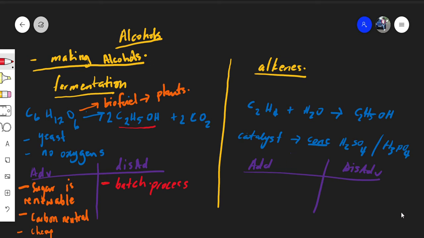Right. So, of using sugar for this process. Right. So the next thing, the other disadvantage is that